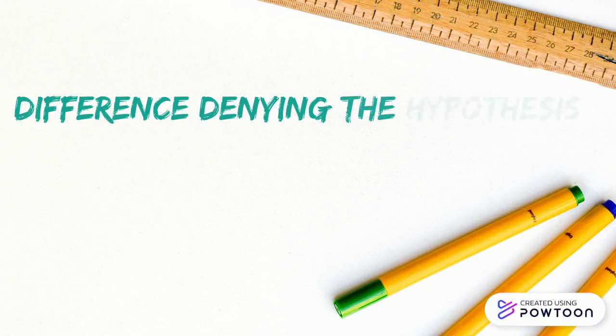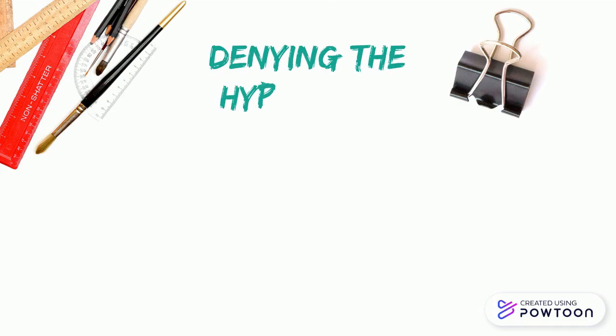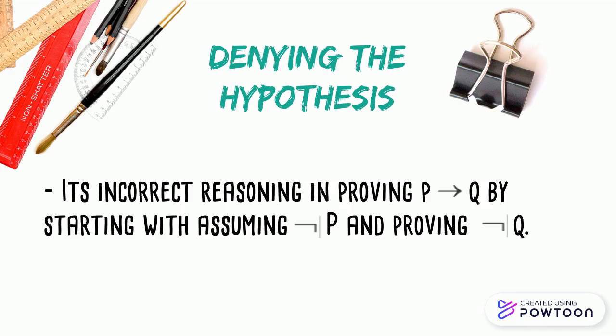As we know, denying the hypothesis is one of the common fallacies. Another common fallacy is affirming the consequence. So, what is the difference between denying the hypothesis and affirming the consequence? Denying the hypothesis is incorrect reasoning in proving P